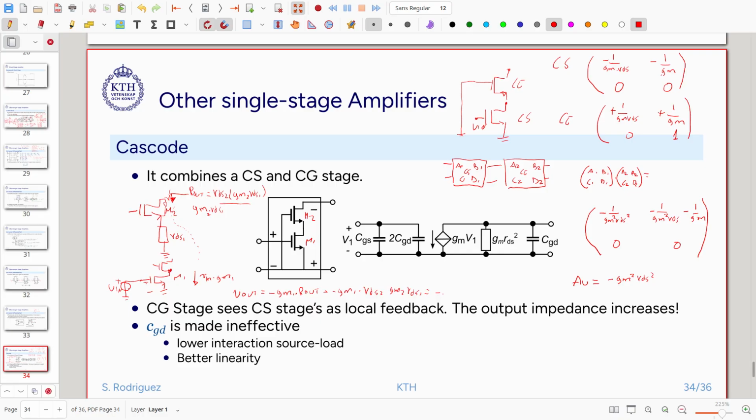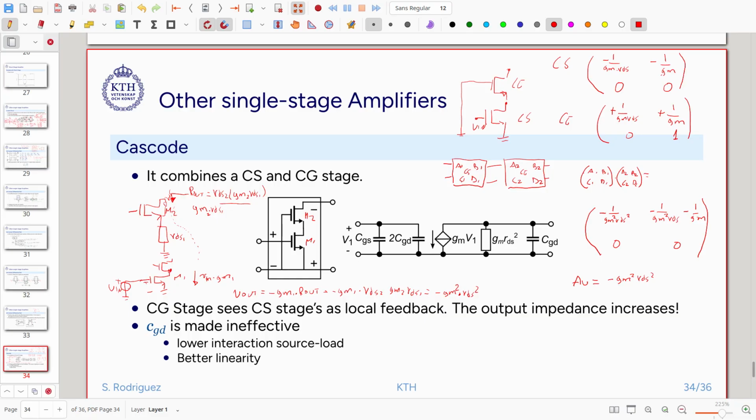That will be equal to, if we assume that those transistors are the same, then that will be gm square rds square. And this is just a simplification. The real circuit analysis for this is much larger. But we don't need to do it